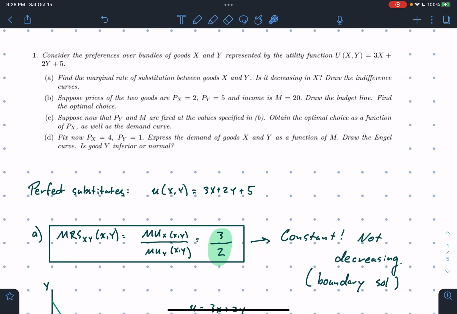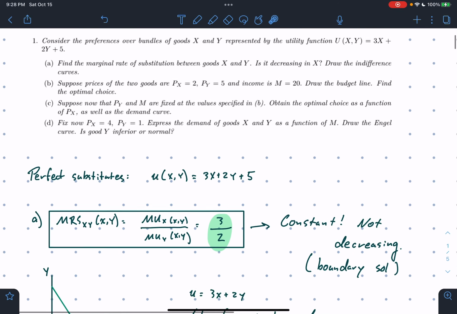So what we first want to do is we want to suppose prices of the two goods. So that's part A. Now for part B, we want to suppose prices are px is equal to 2, py is equal to 5, and their income is 20. So first we want to draw the budget line, and then we want to find the optimal choice. So here,